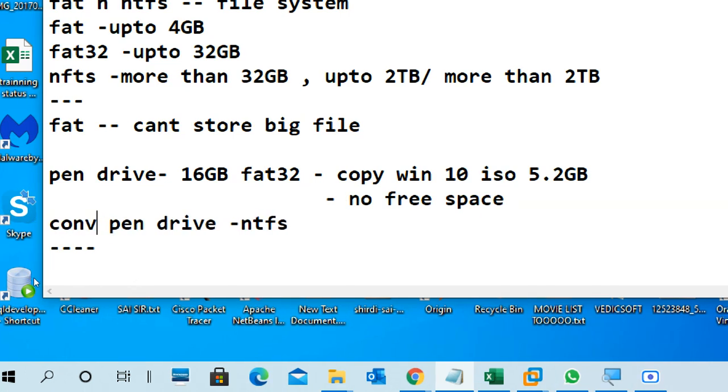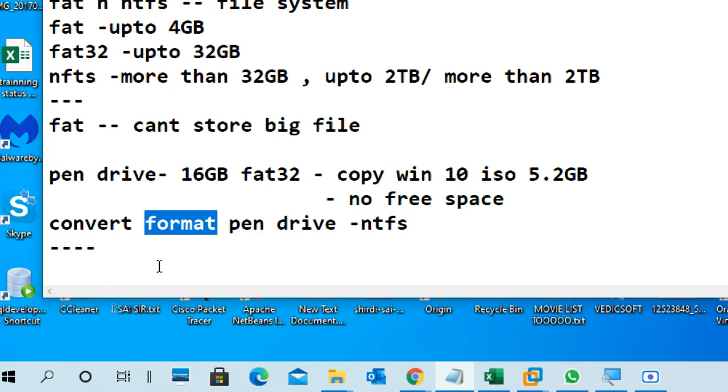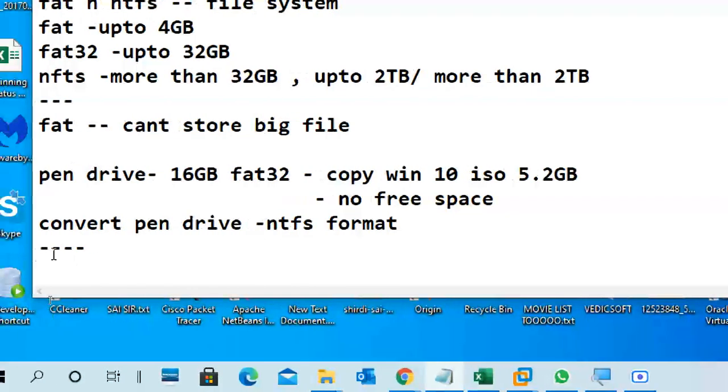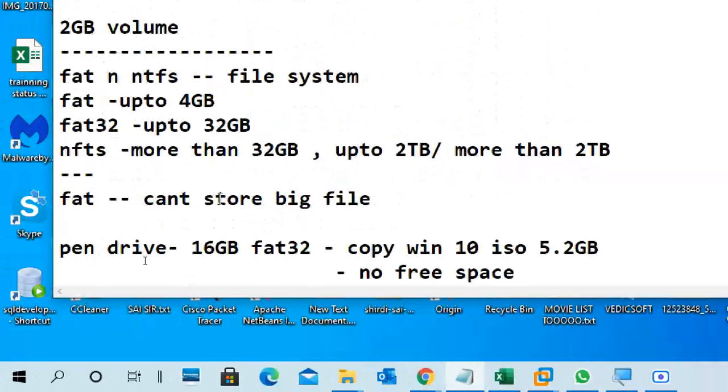Actually, guys, we have to convert the format into NTFS. NTFS format, that is the correct sentence.